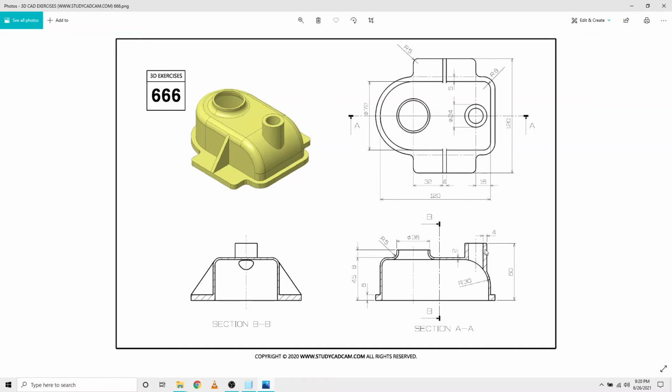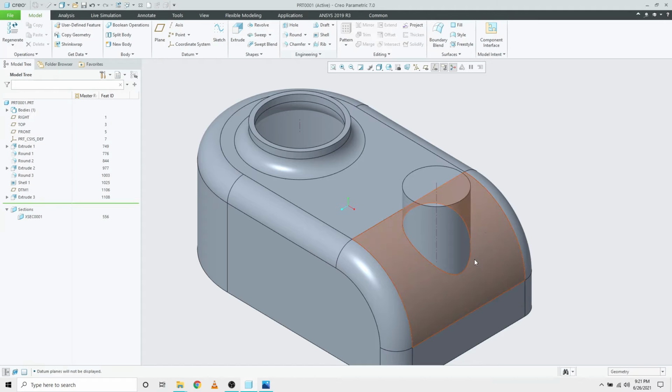I need to create a hole to make this a hollow cylinder. For example, for a cylinder which has a 24 mm diameter and a wall thickness of 4 mm, I can reduce twice the wall thickness, that is 4 mm from this side and 4 mm from this side, to make the ID or the hole diameter. So 24 minus 8 is 16.